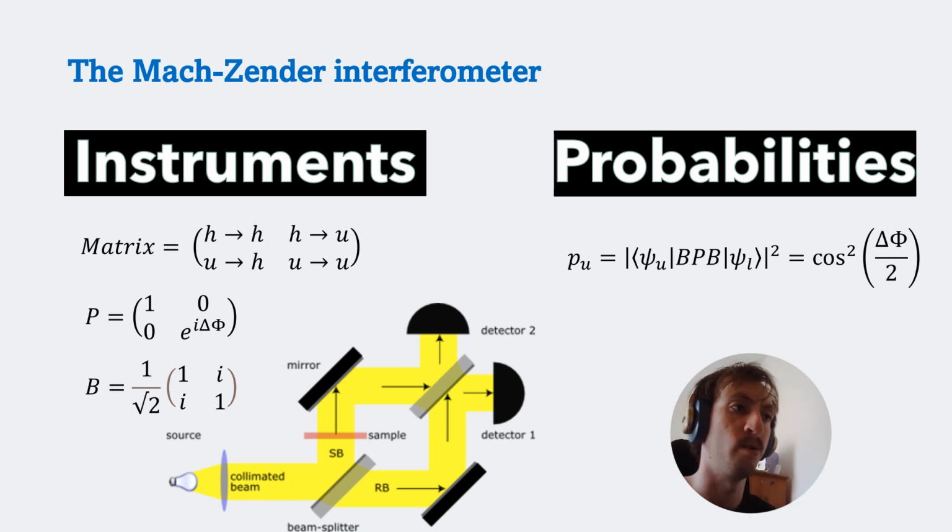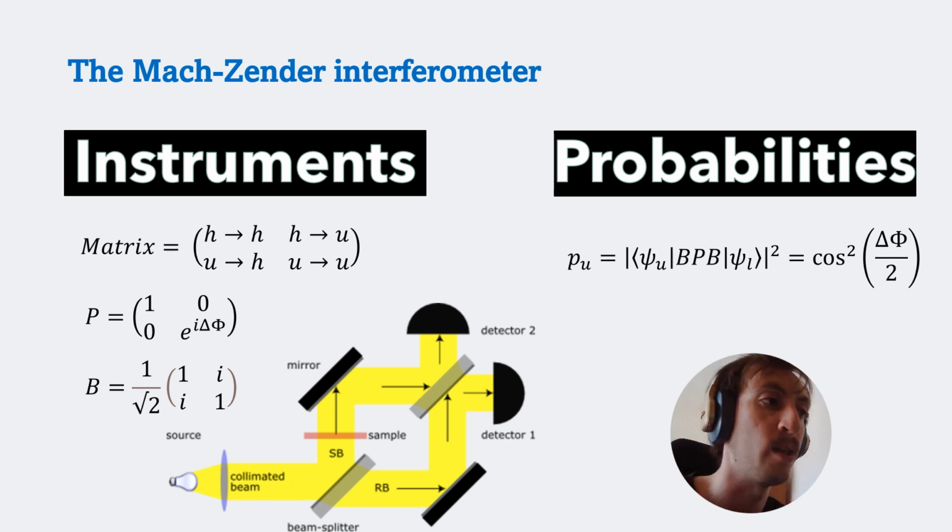And then once you do all of that, what you end up with is the final state of the photon. To get the probability of measuring the photon in detector 2, we have to take the inner product between the classical state referring to the photon going up or landing in detector 2 and our final superposition quantum state before the measurement happens. To repeat, that final quantum state is given by taking our initial classical state and altering it using our beam splitter matrix, our phase shift matrix, and another beam splitter matrix.